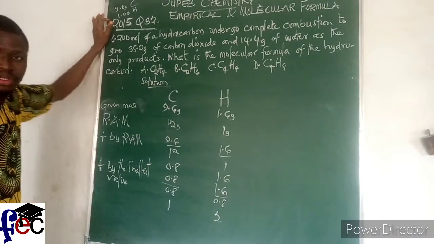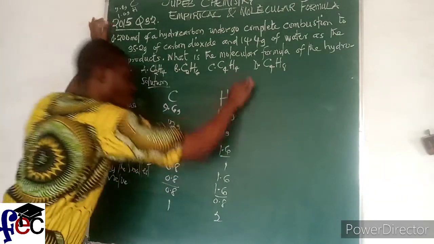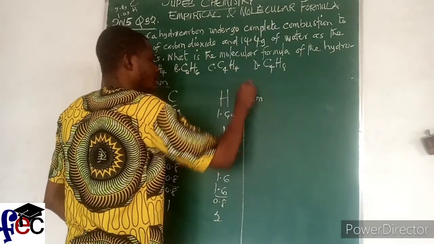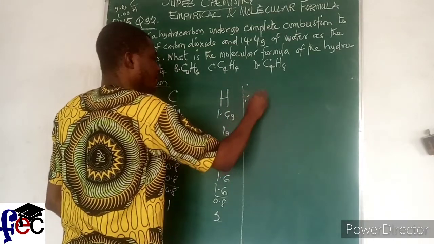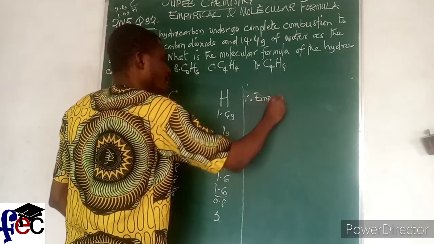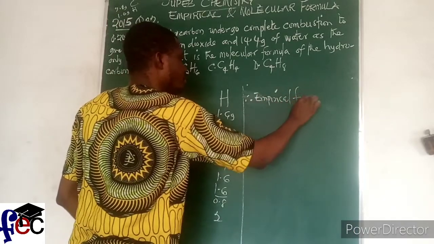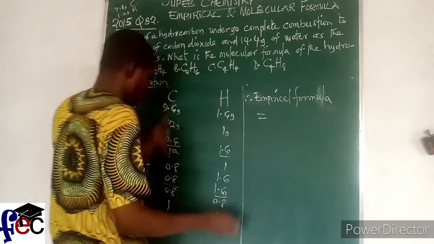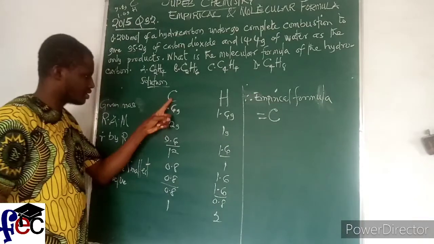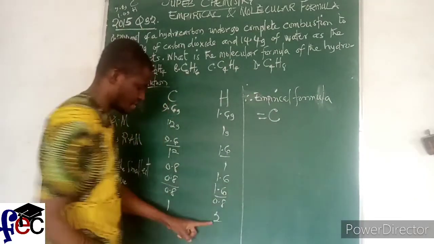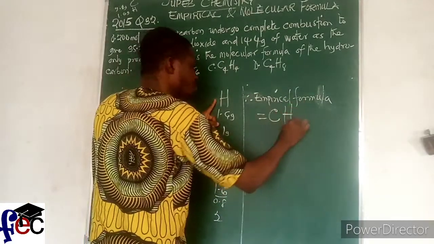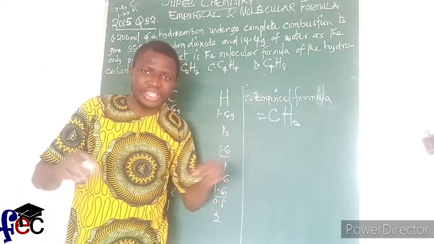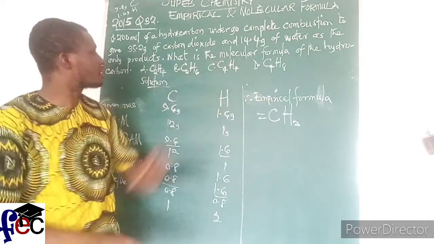2. Alright? So from here now, it is obvious that my empirical formula, therefore, empirical formula is equal to what? In 1 atom of carbon, that's what it means, and 2 atoms of hydrogen, CH2. Don't jubilate because that's just empirical formula. We need the molecular formula. That's what we are asked to look for.